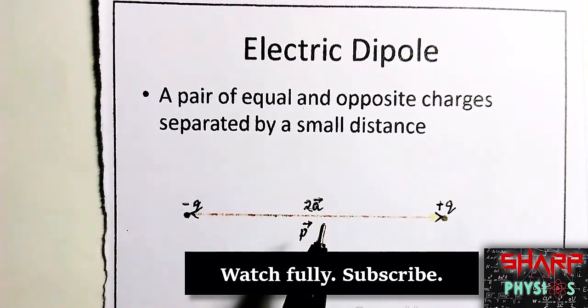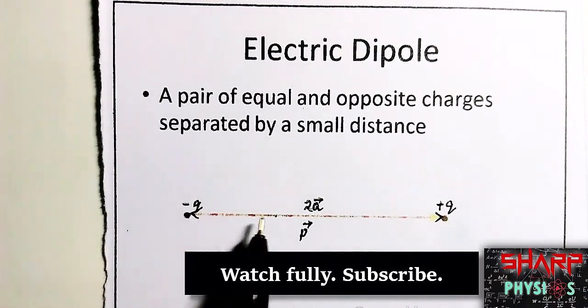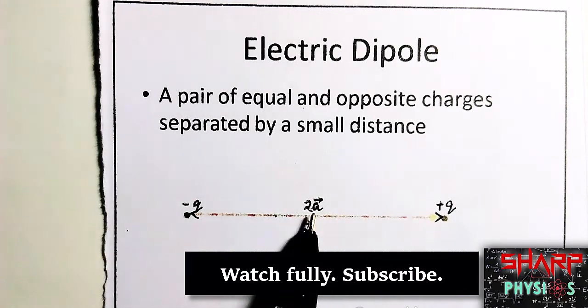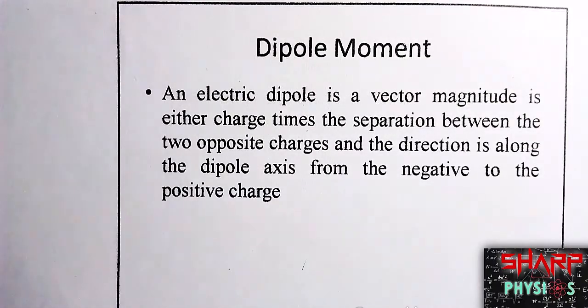In the electric field, you might have seen on one side it is r. So this is the total distance between both charges. We are considering it as 2a, a vector 2a. The line joining these two charges we call the dipole axis. Once you know about the electric dipole and the dipole axis, you need to know about the dipole moment, how much the charge is going to move on either side.